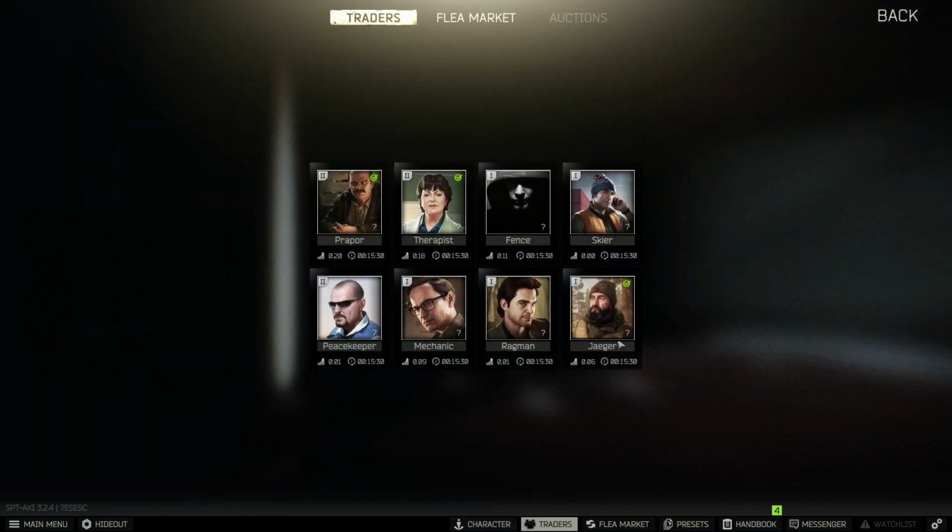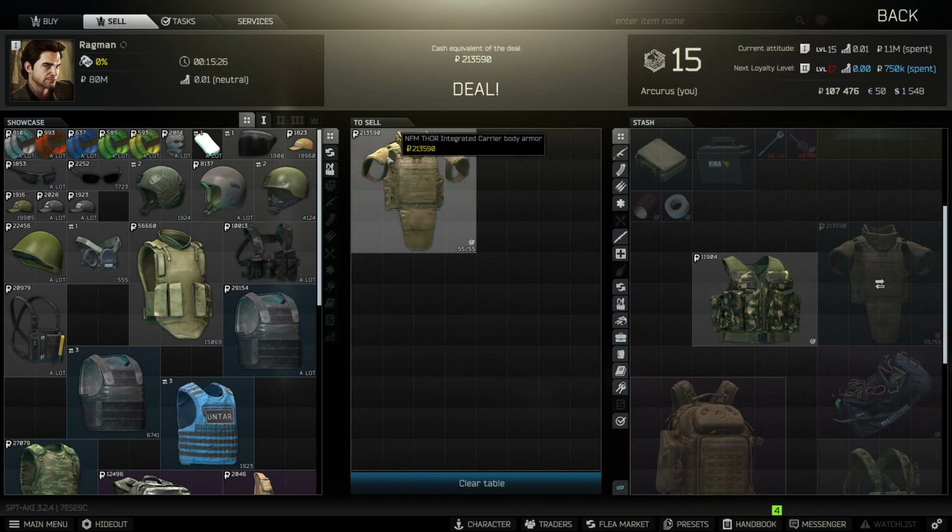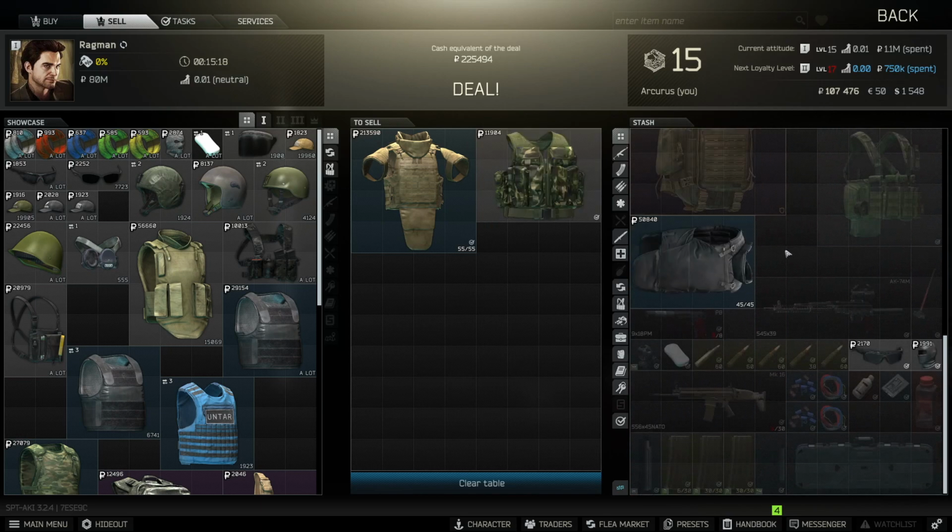Okay, let's get to selling. Alright, first off, Ragman. Yep. I wasn't gonna keep this at all when I picked it up. It was, totally had the intention of selling it, because we need money. We are very, very low on funds. So...